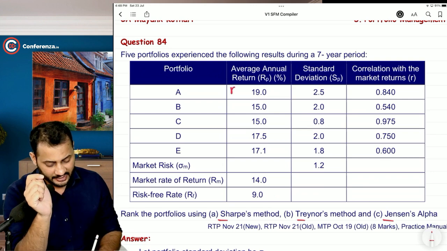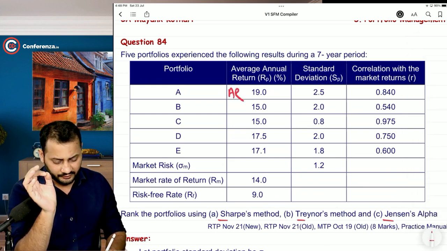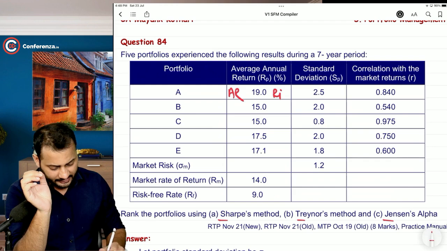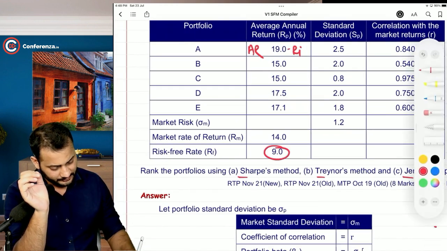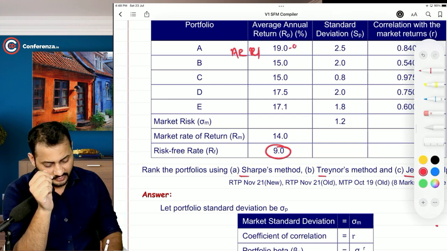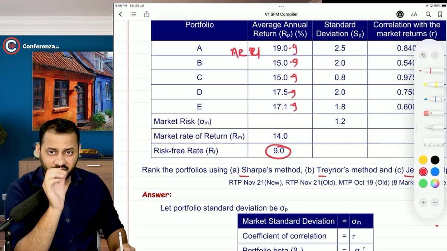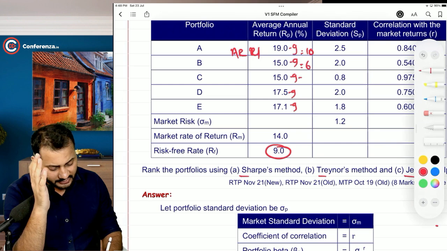This is the return, actual return given to us. We will write it down as actual return, or we can say RI. Now this RI and then RF is 9%. We can just deduct: this is RI or actual return, and 9% is the risk-free rate of return. When you deduct 9% from it, the numerator for Sharpe ratio and Treynor ratio gets ready. So this is 10, this is 6, this is again 6,